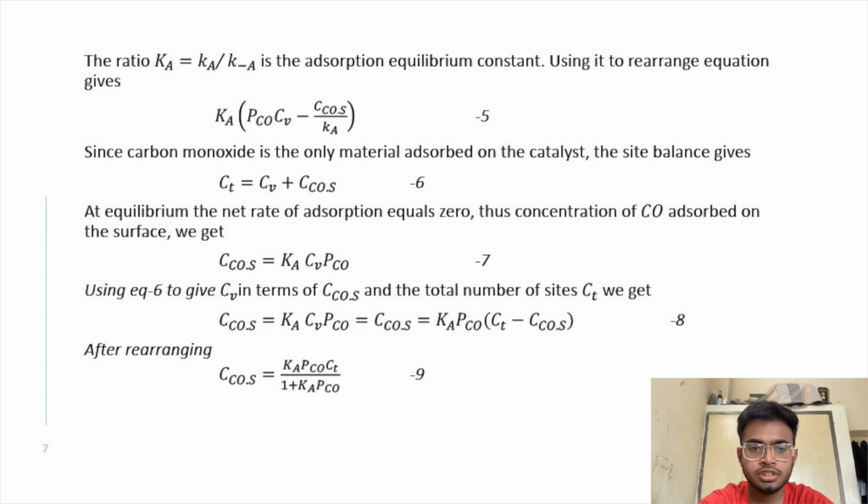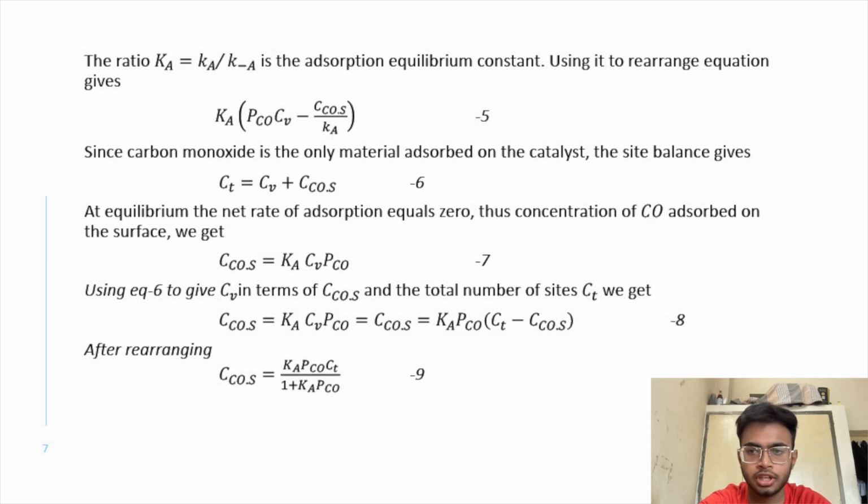And using equation 6 to give the concentration of vacant sites in terms of the concentration of carbon monoxide and the total number of sites, we obtain equation 8, that is, the concentration of carbon monoxide on the surface is equal to the rate constant into the partial pressure of carbon monoxide into the total concentration of the site minus the concentration of carbon monoxide on the surface. And after rearranging equation 8, we obtain the concentration of carbon monoxide on the surface is equal to